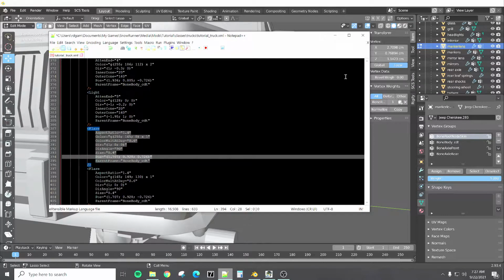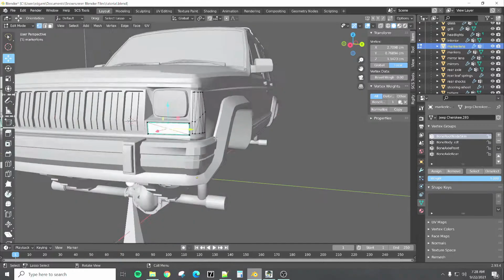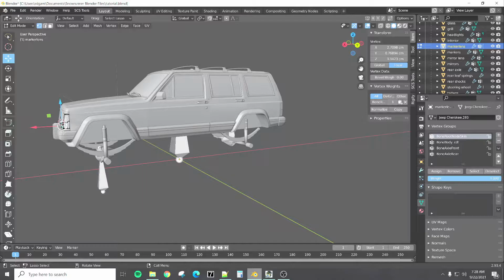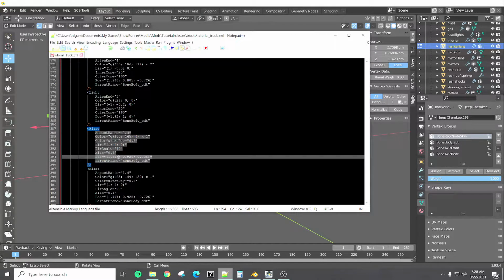So next we're going to want to move the position of this light. And there's a little difference between how Blender reads its XYZ coordinates and how, say, the game and Saber run their XYZ coordinates. These guys actually go X, Z, Y, and not X, Y, Z. So our first one is X, which is the front to back on the truck. So this is the X, this red line here. X is front to back. So what we're going to do is come over here and plug that number into this position,